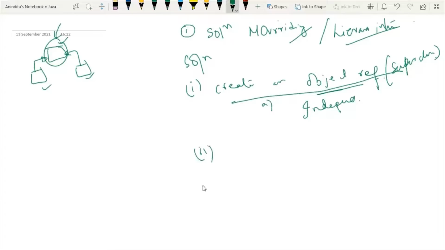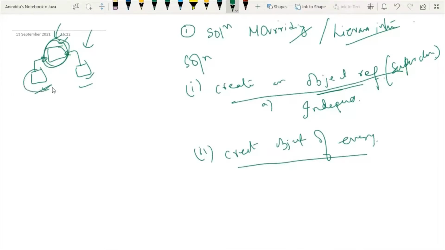Now Harvard Shield proposed the second law. What is that second law? Now you have to create an object of every class. Now you can ask me one question. Object of every class means what? Object of every subclass? Because yes, in hierarchical inheritance we have to create objects of the subclasses. No, Harvard Shield has proposed that now we have to create objects of all the existing classes, meaning the superclass as well as the subclasses.